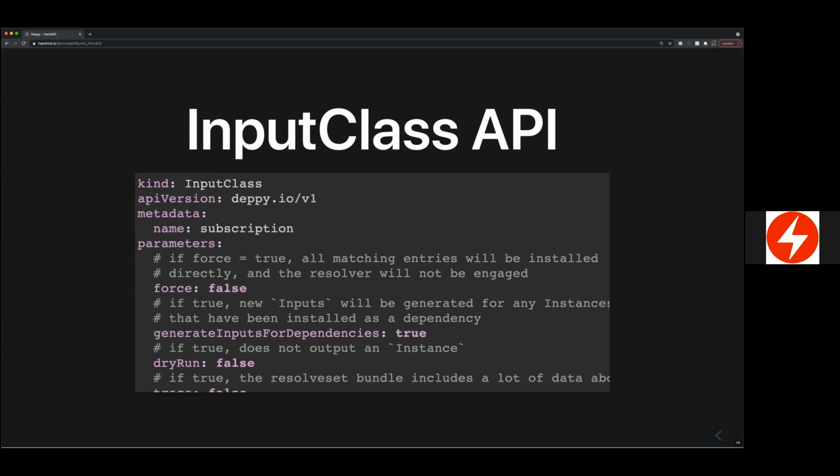I had a question about the resolve set bundles. I think treating the installables as a set makes a lot of sense. One of the problems we have in OLM today is that we treat operators in a namespace as a set, and if several have manual approval modes and one gets approved, then they all get approved. So I'm wondering with this resolve set bundle, if we get that level of granularity so that we no longer run into that type of issue.